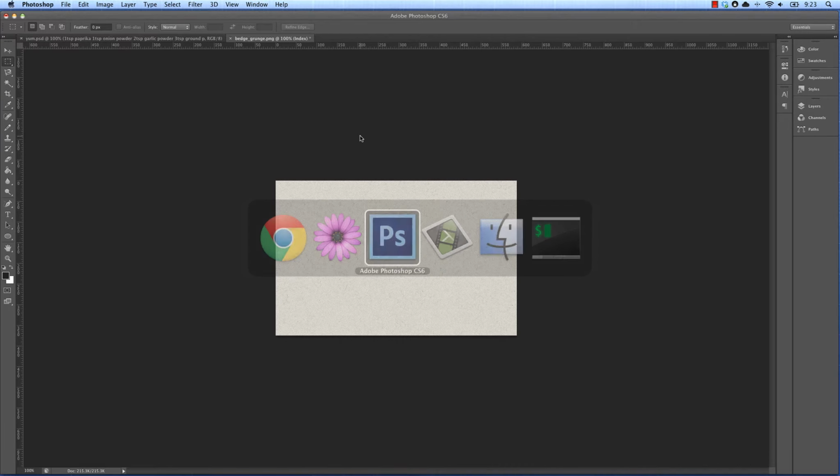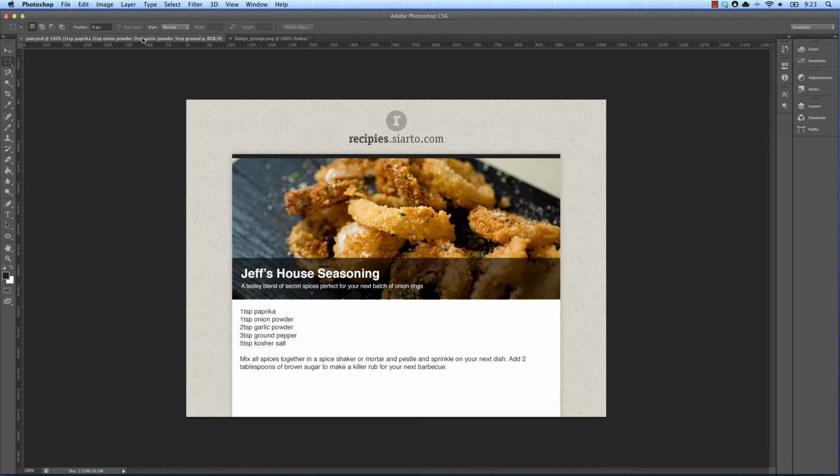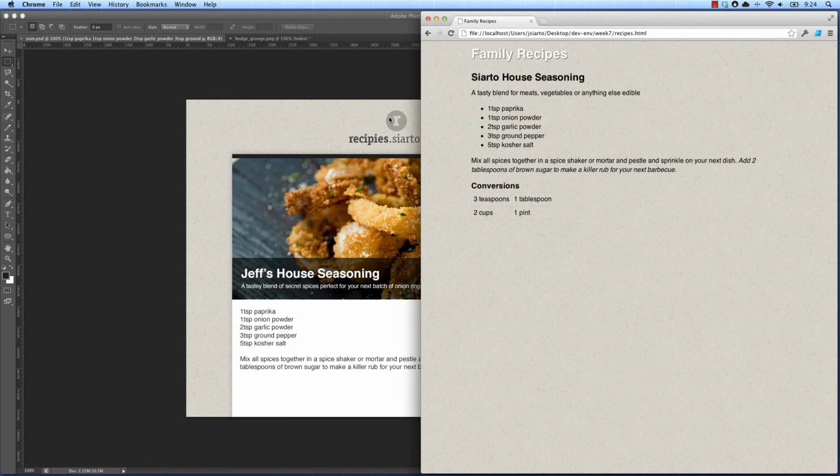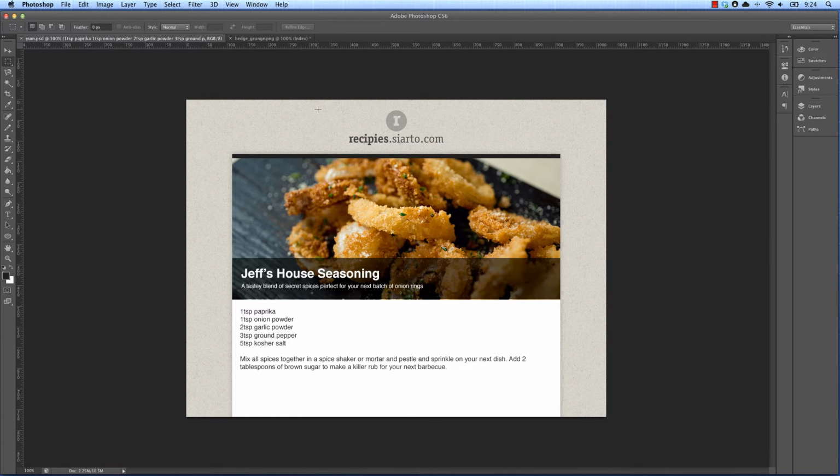So the next thing we want to look at is this main H1 up here. And the problem is, if we just bring up our browser here, I want to replace this family recipes with this logo right here. But in order to do that, well, first I need to get the logo out of Photoshop, but we're going to have to use a technique called image replacement to actually get this to work in real life. So let's go into Photoshop, and like I said, I'm going to cut up this image for you guys,